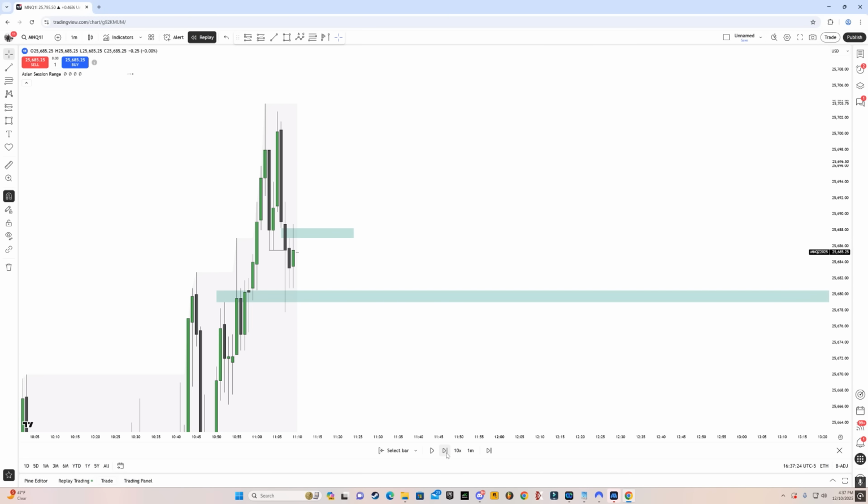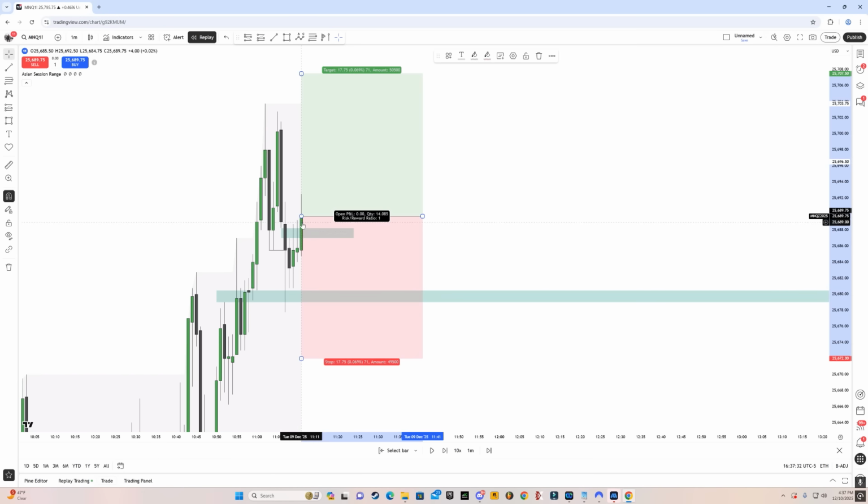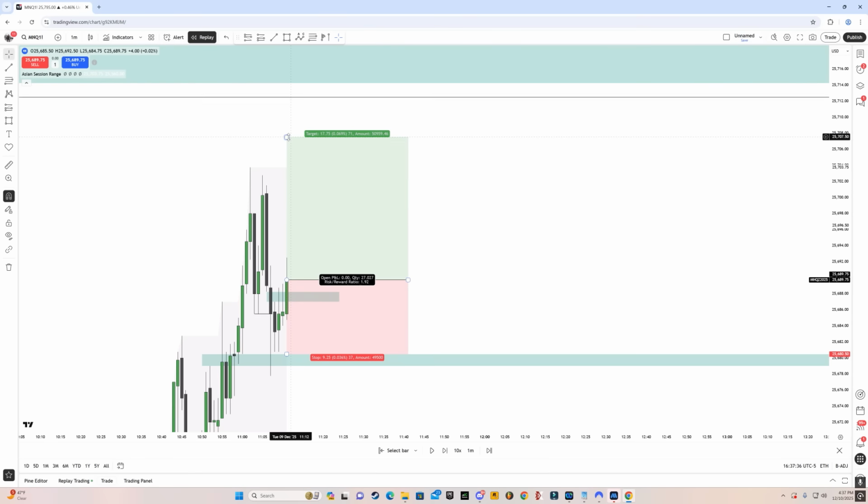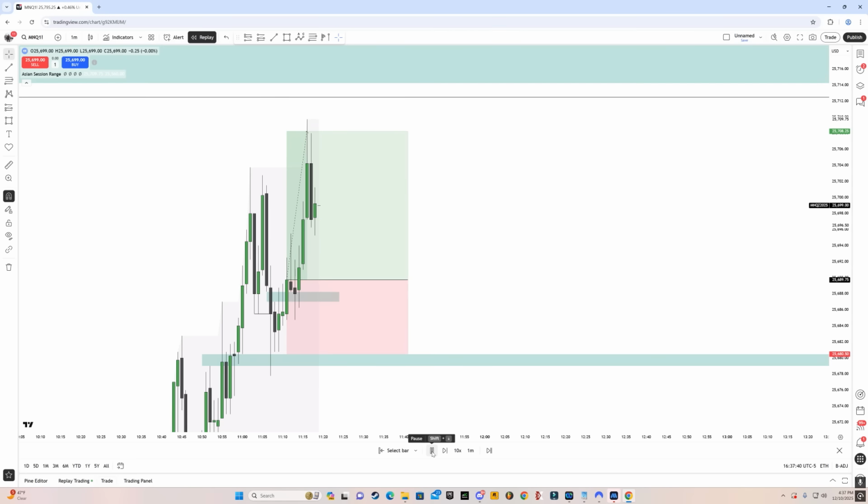So let's wait for price to inverse above this gap. You can also see we have continuous bullish candles that inverse above this gap. So right here, you can take a long position. You can put your stop below here, and you can go for 1 to 2 right there. And let's see how this plays out. Bam. The full TP was hit. Let's move on to the next example.